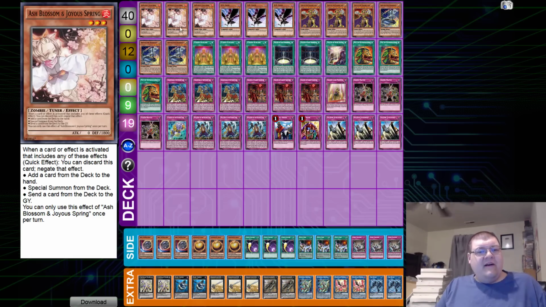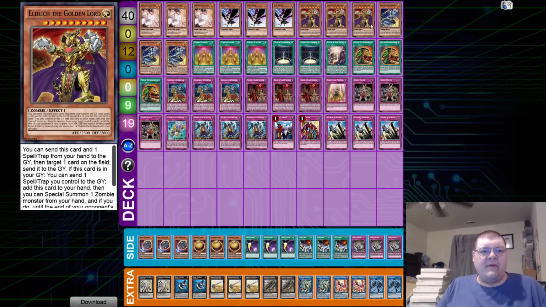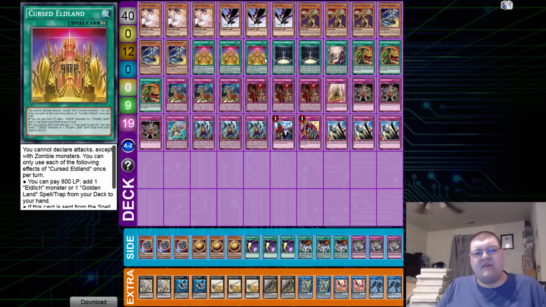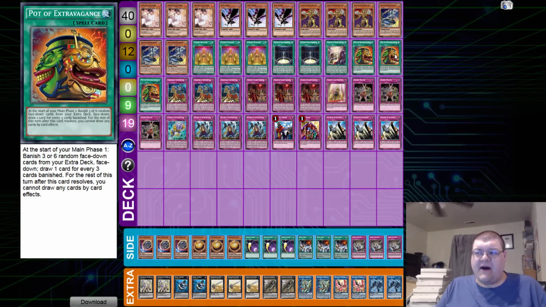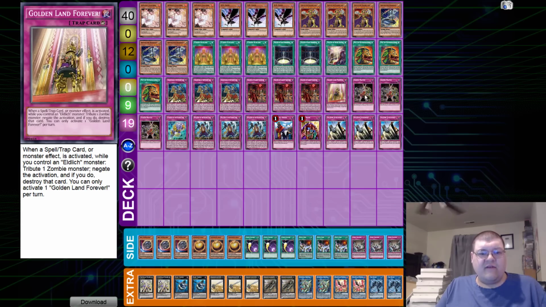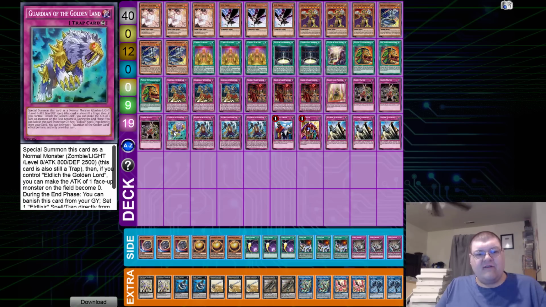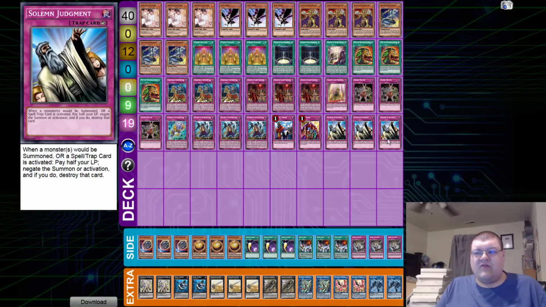So, we have triple copies of Asher Blossom and Joyous Spring, triple copies of D.D. Crow, triple copies of the Golden Lord himself, triple copies of Inspector Border, triple copies of the Cursed Eldland, 2 copies of the Eld Elixir with the 1 White Destiny, and triple copies of Pot of Extravagance. Then we have triple copies of Conquistador of the Golden Land, triple copies of the Eld Elixir of Scarlet Sanguine, 1 Golden Land Forever, triple copies of Gozen Match, Floodgates, 1 copy of Guardian of the Golden Land, triple copies of the Pirates, Arg, 1 Imperial Order, 1 Skill Drain, and triple copies of Solemn Judgment, wrapping up the